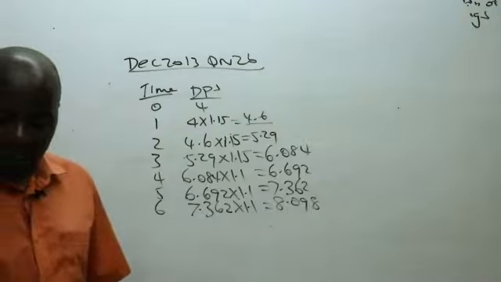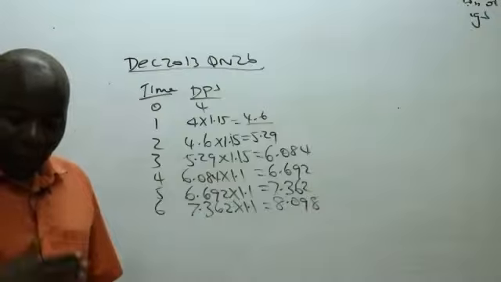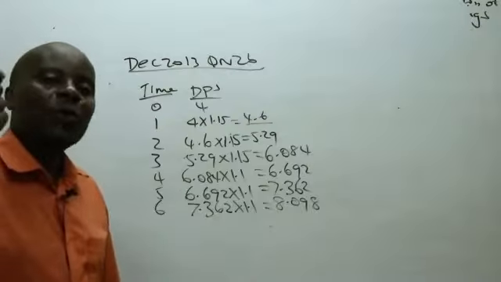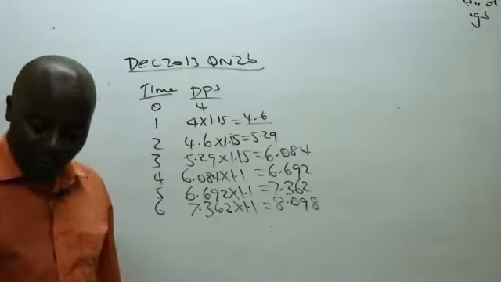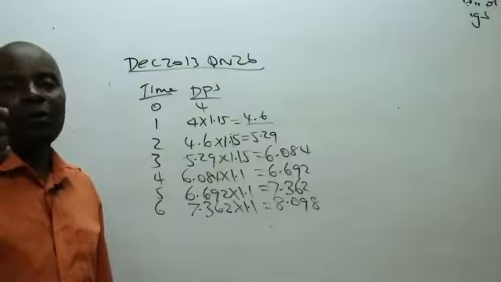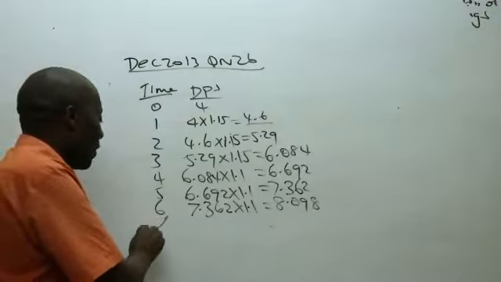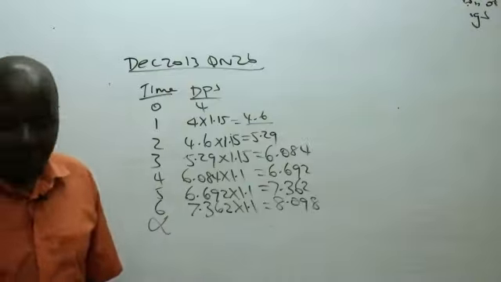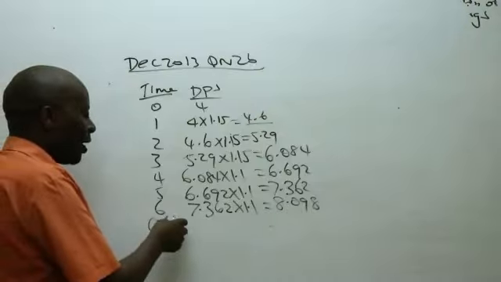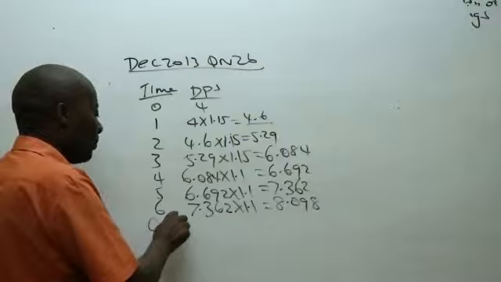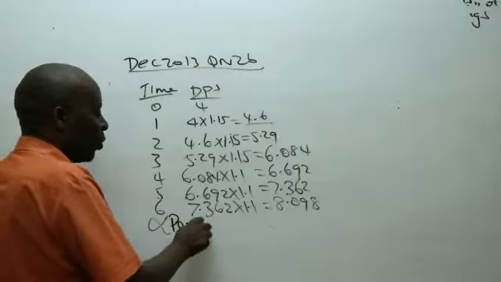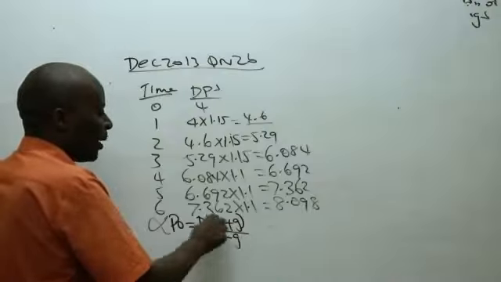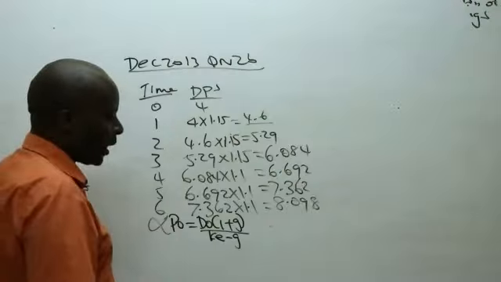After the 6th year, I'm told the dividend will grow at 5% per annum to perpetuity. To perpetuity means we use the perpetuity formula. So in infinity, we are making use of the perpetuity formula. Anytime you hear of an infinity, always remember our perpetuity formula, which is equal to D0 into 1 plus growth rate, all over Ke minus g.